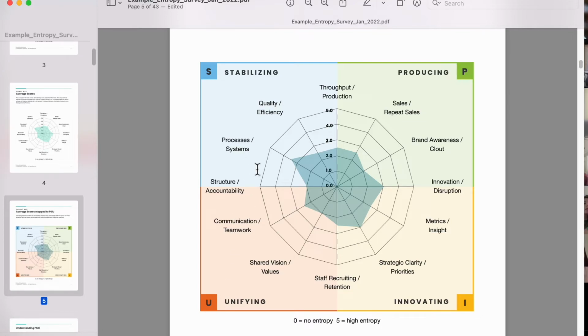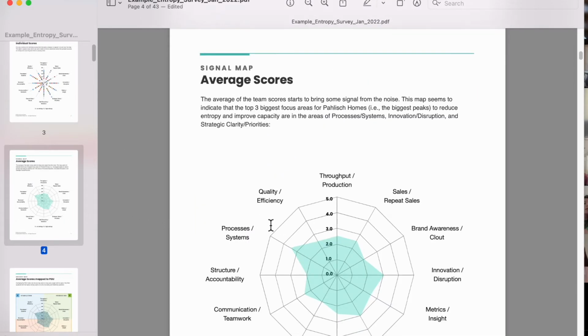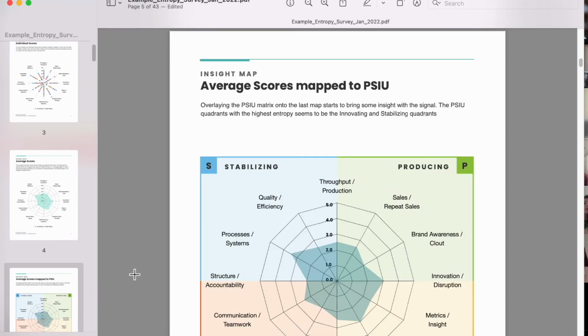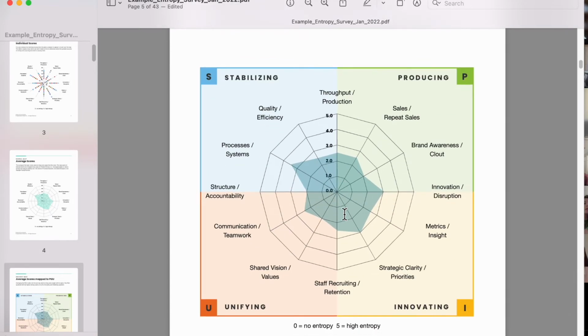So notice just what I've done. I've gone from noise, to signal, and now with a little bit of training, starting to get to insight here with the team. Like, okay, we have an issue going on here, mostly in our stabilizing quadrant. Just kind of feel the bulk of the entropy there in the stabilizing quadrant, and some in the innovating quadrant,